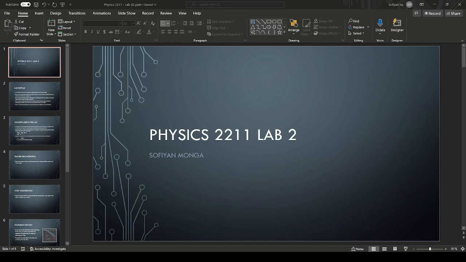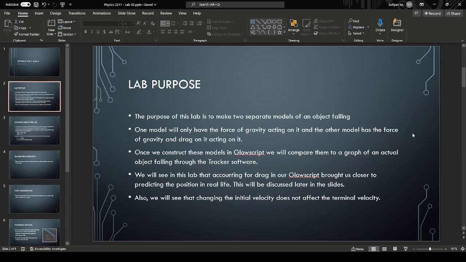Alright, welcome to Lab 2 for Physics 2211. For the purpose of this lab, it'll be to make two separate models of an object falling. One model will have gravity acting on it, and the other one will have gravity and drag. We're going to make these models in GlowScript and compare them to the graph of an actual object, and that